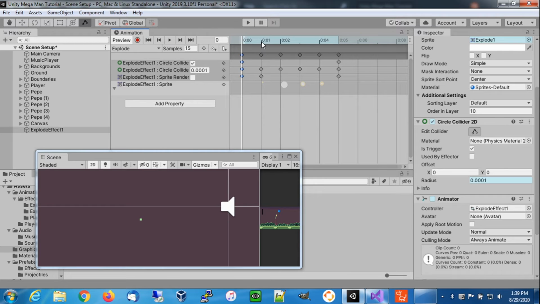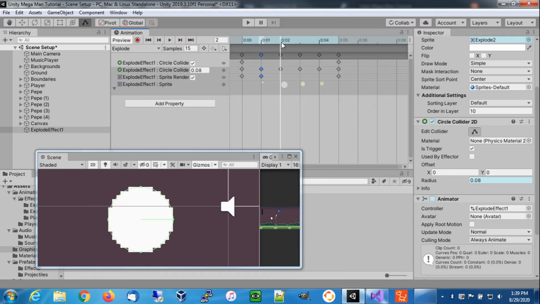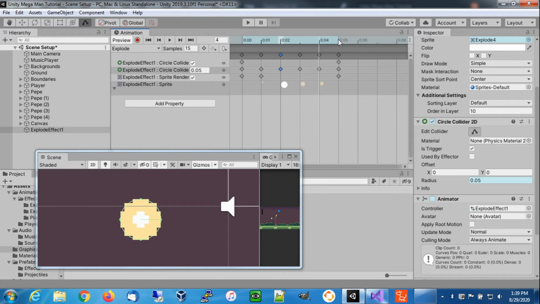So let's check our settings here. So collider is active, no size, don't render. Next frame, collider is active, 0.02, render the sprite, 0.08, 0.06, 0.05, nada. So now if we play this,